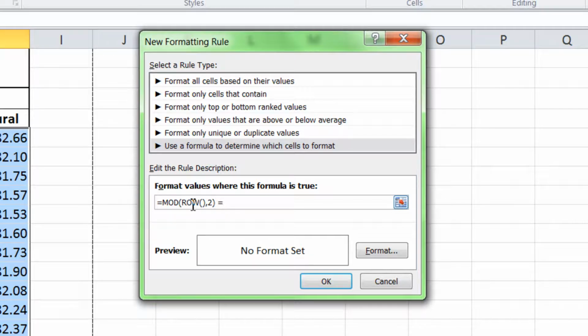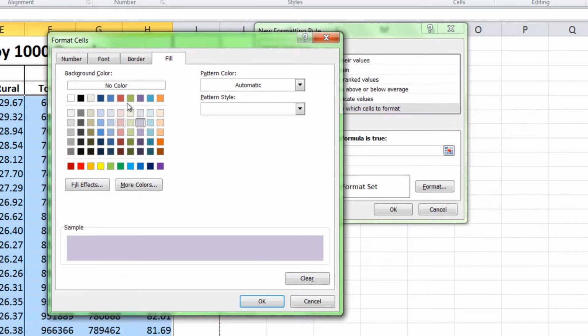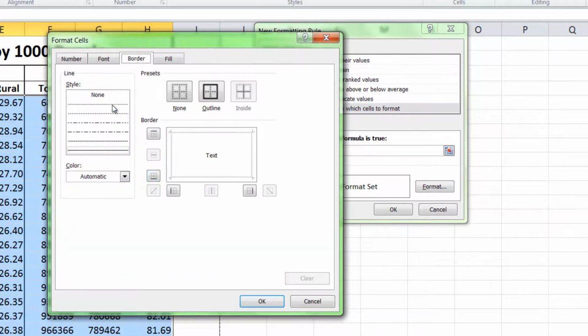And I want to format this cell if it is 1. So if the remainder is 1, I'm going to color it differently. So I'm going to color it maybe, I don't know, how about a nice purple? That sounds good. And for the border,